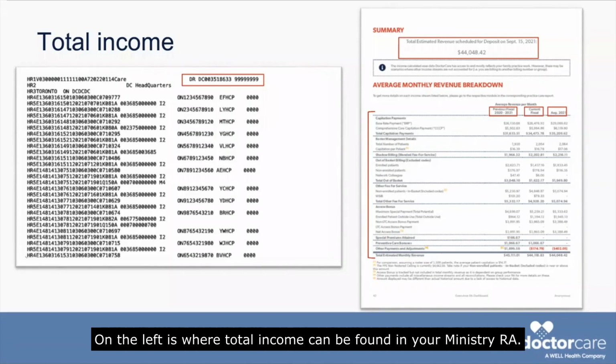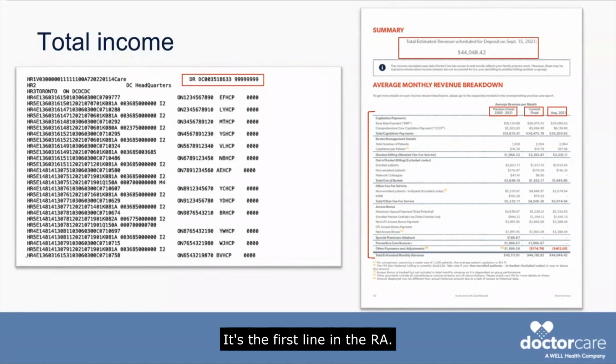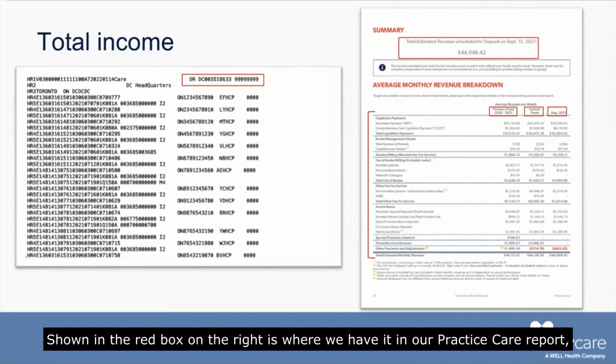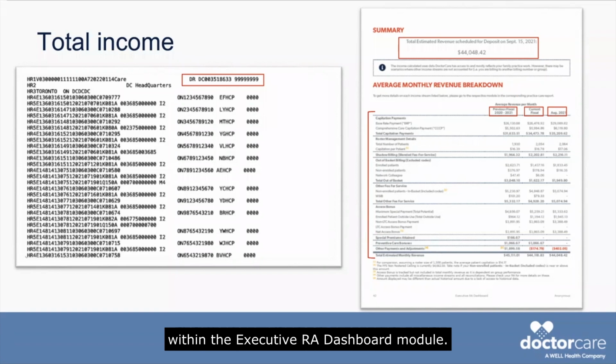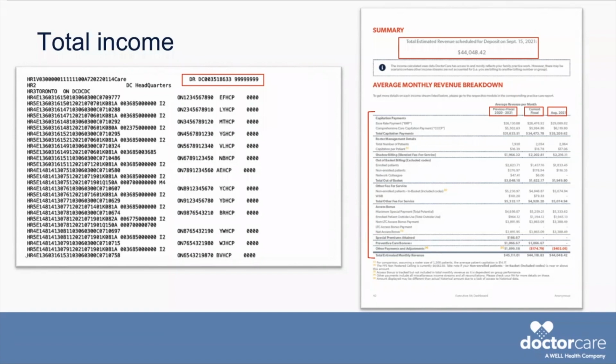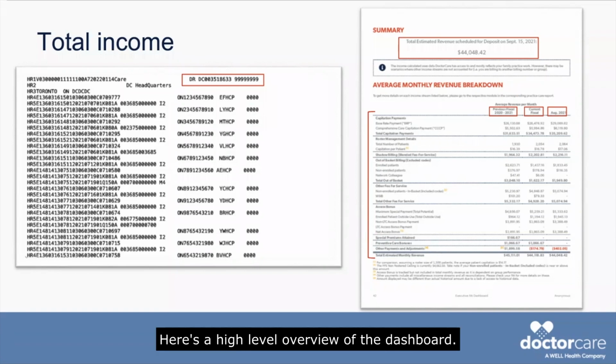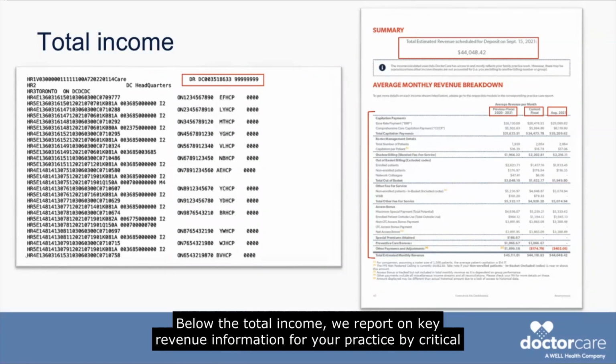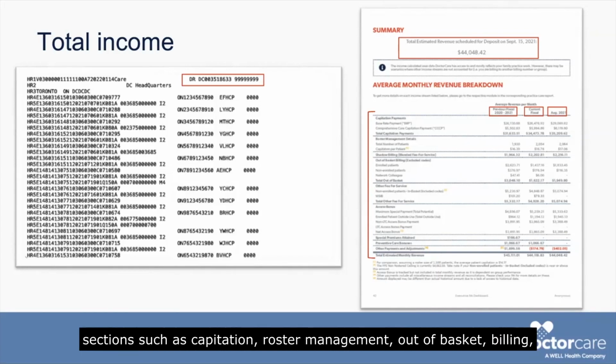On the left is where total income can be found in your Ministry RA. It's the first line in the RA shown in the red box. On the right is where we have it in our PracticeCare report within the Executive RA Dashboard module. Here's a high-level overview of the dashboard. Below the total income, we report on key revenue information for your practice by critical sections such as capitation, roster